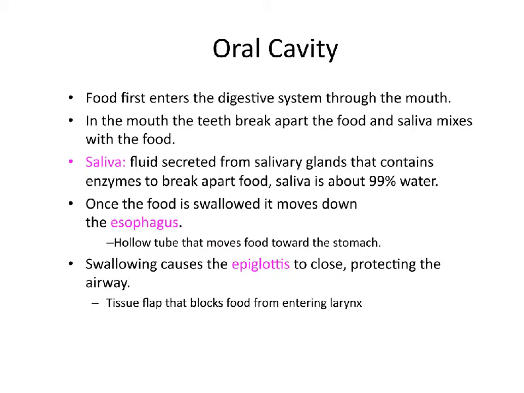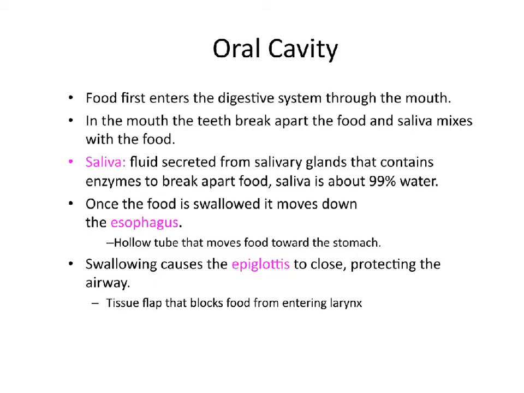So you're gonna swallow. You're gonna keep the food out of your respiratory tract with your epiglottis, and the food is gonna travel down to the esophagus. The esophagus is the hollow muscular tube that links the mouth to the stomach. What happens is when you swallow, your epiglottis closes, protecting the food from entering your larynx, which is the top of your respiratory system, and instead the food travels down into the stomach through a couple of valves that prevent backflow of stomach acid and etc. But that's going to be the main site